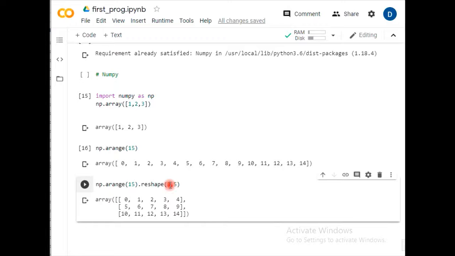If you see, we have basically 5 columns and 3 rows. So a one-dimensional array can be reshaped into a two-dimensional array with respect to the number of columns and rows. If you want to change it, I'm just changing it to 2 and 10. So now I will be having basically 2 rows and 10 columns.